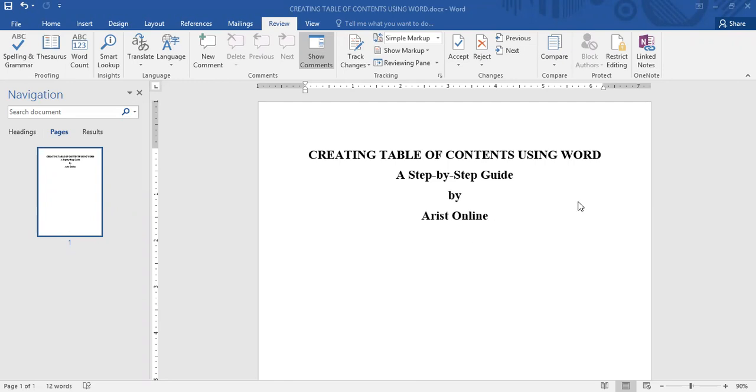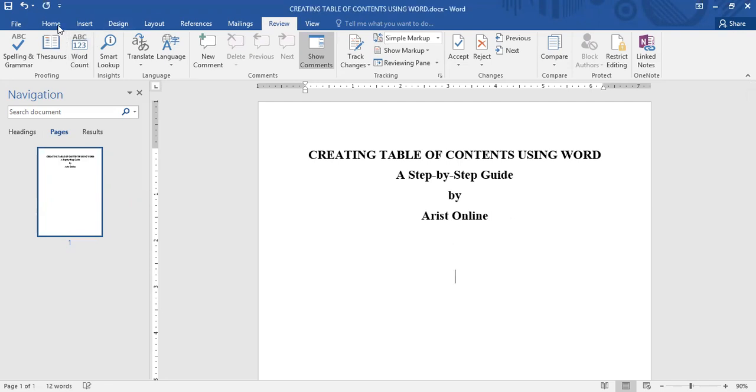For the pages, we always have to start in a document with the cover page, especially if you'll be working with the table of contents. We'll have our cover page, which is separate from the table of contents, and then the main document. So those are the 3 main parts of a document that we need to have in mind when creating the table of content. So therefore, this being my cover page,